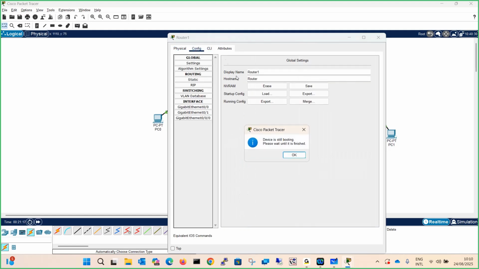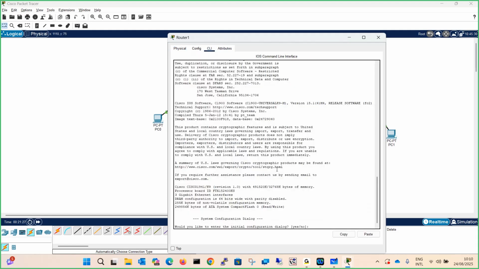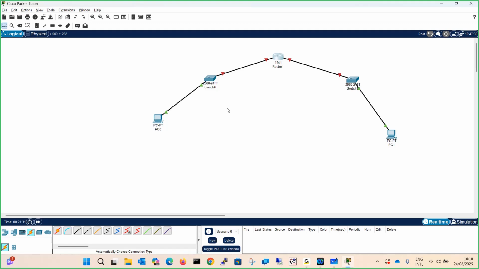If you can see over here, there is a switch also. So what you have to do, just drag it over here and click on this button, so the router will start to boot. Anyway, the router is booted now. Sometimes the ports take time to come up. We don't have to wait till the ports come up.